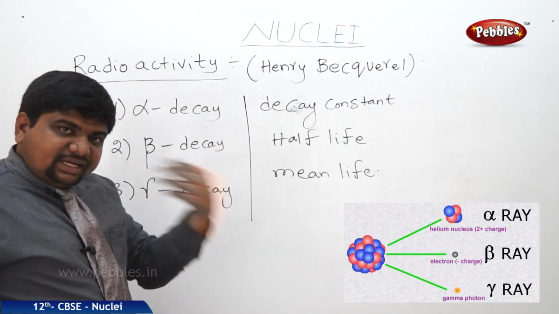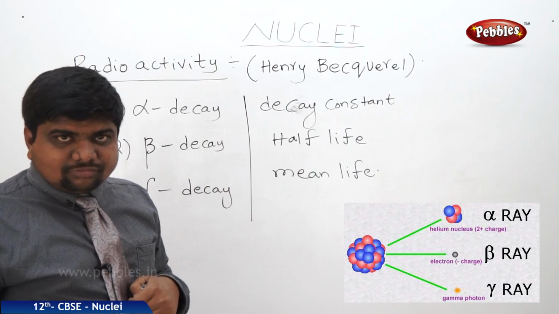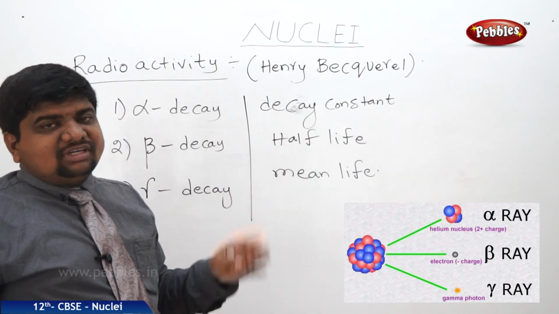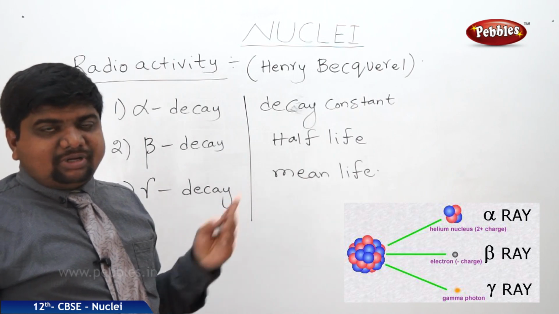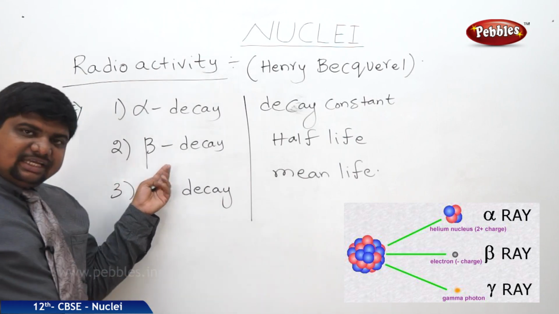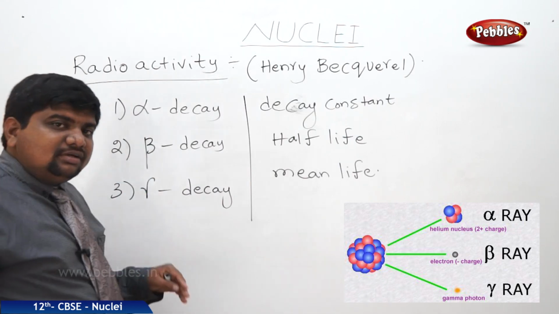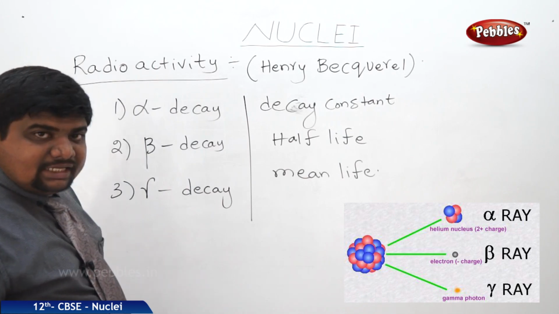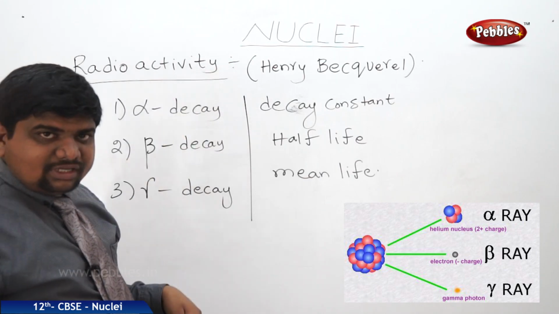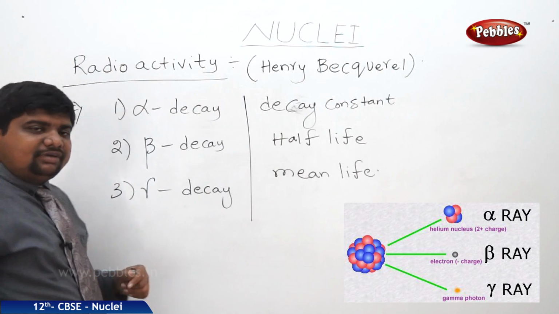Alpha decay means a radioactive element emits an alpha ray, nothing but 2He4. When it emits 2He4, its atomic number differs by 2 and mass number differs by 4. Beta decay is also of two types, beta plus decay and beta minus decay, meaning transition of electrons or protons. Gamma decay is the transition of energetic particles from higher energy to lower energy levels, nothing but the emission of photons. These are all under the category of radioactivity.